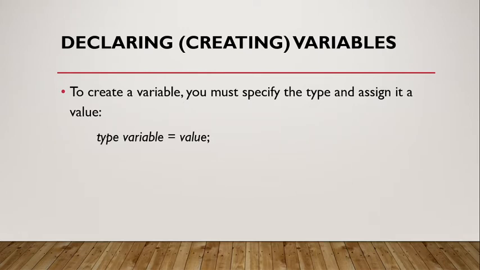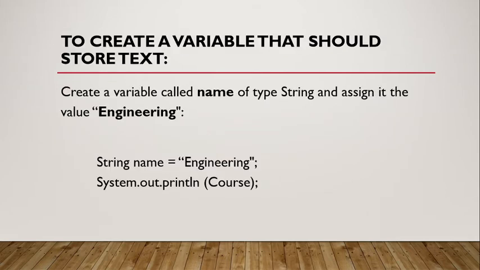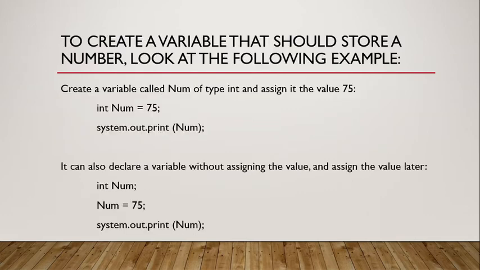Declaring, or creating, variables. To create a variable, you must specify the type and assign it a value: type variable = value. To create a variable that should store text, create a variable called name of type String and assign it the value "Engineering": String name = "Engineering"; System.out.println(course). To create a variable that should store a number, look at the following example. Create a variable called number of type int and assign it the value 75: int number = 75;